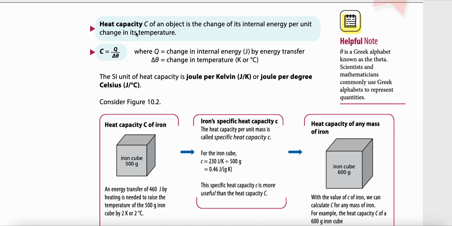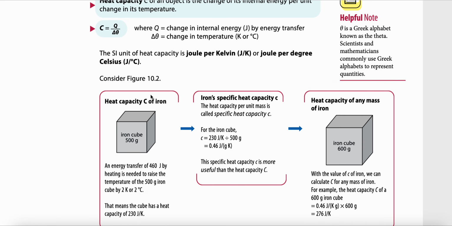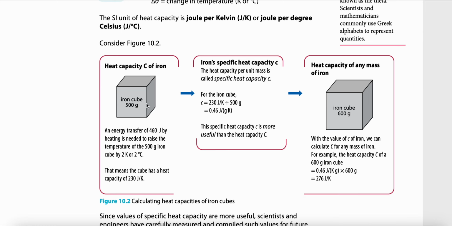Big C, which is heat capacity, is actually given by Q over delta theta. What this essentially means is, I'll just look at a diagram here to give you an example. If I look at this iron cube, 500 gram, and then I pump some amount of energy inside, 460 joules,